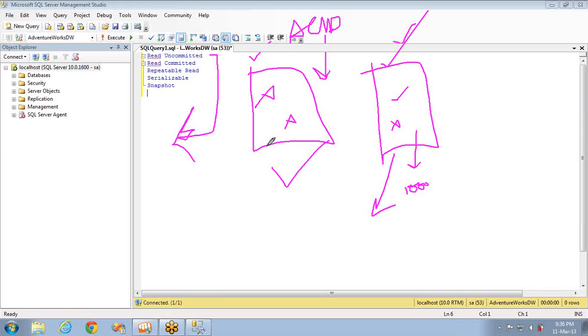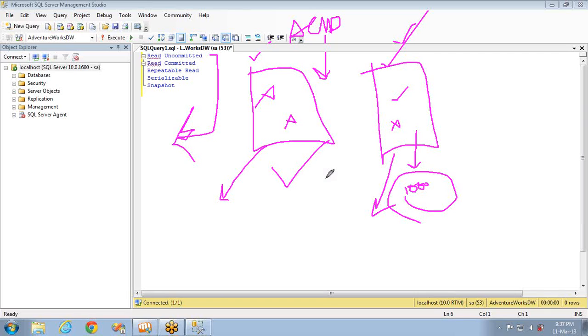If the second transaction is using the read uncommitted isolation level, then it won't bother whether this transaction is completed. When it starts executing, it will read whatever data is present here. It won't bother whether it is committed or not. So this is called read uncommitted: I don't bother whether it is committed or not, just get me whatever data is available in the table.